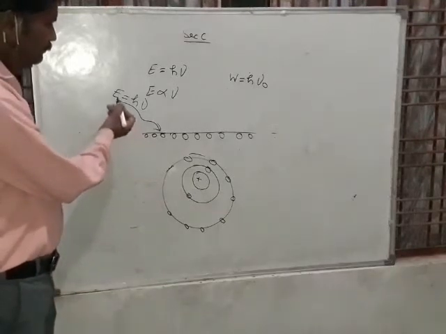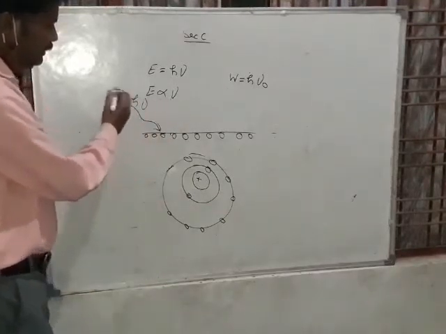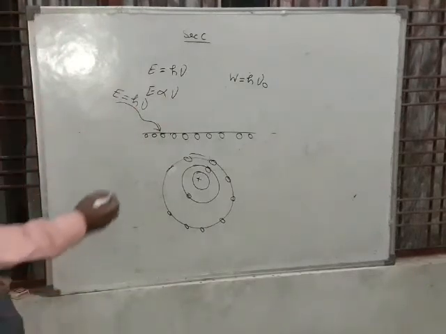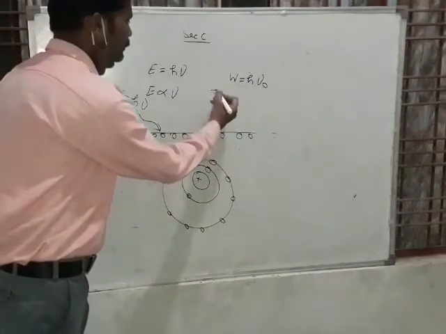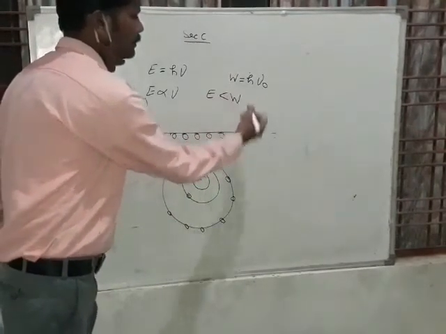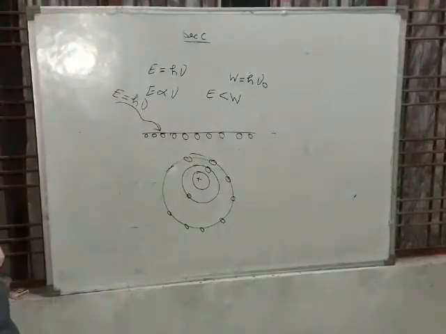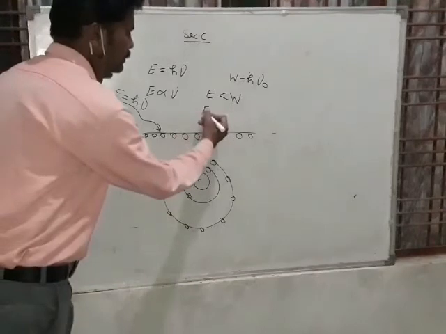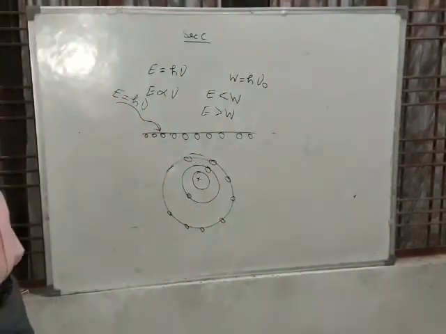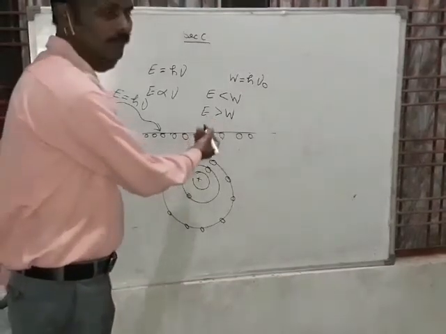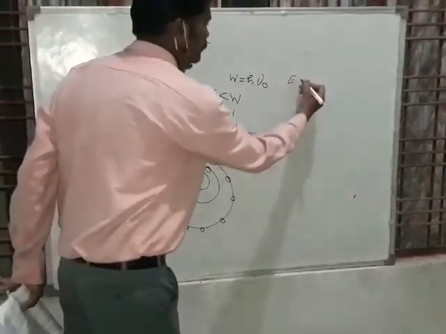So if the energy provided is less than this minimum energy, meaning E less than W, then no electron will be emitted from the metal surface. If the energy provided is greater than W, then the electron will be emitted, and the remaining energy, the difference of energies E minus W,